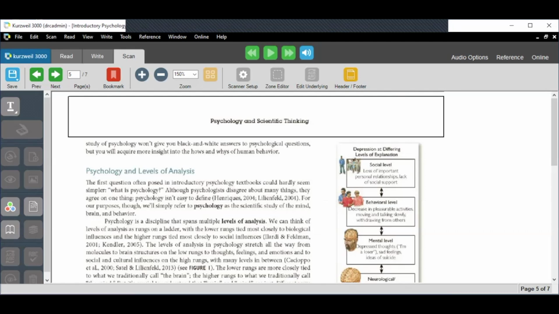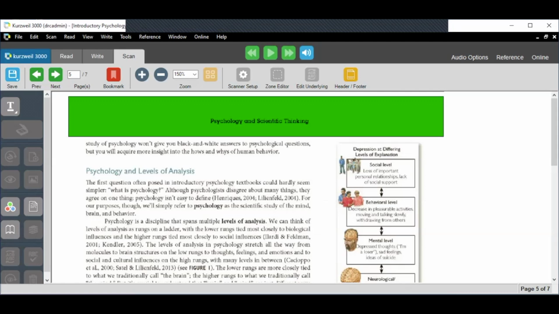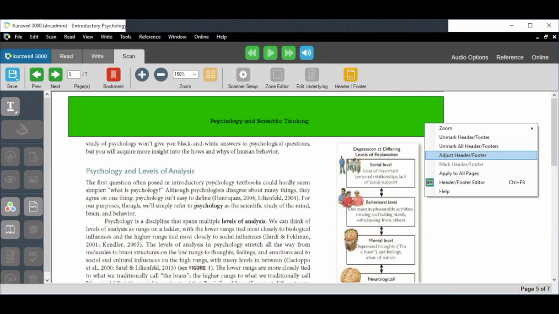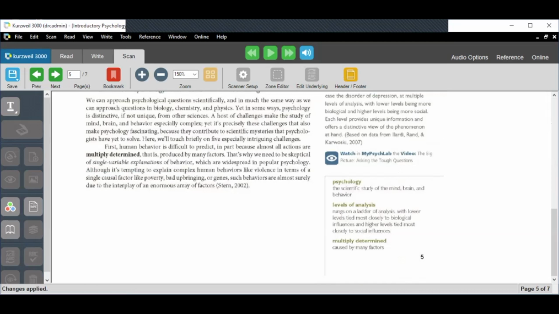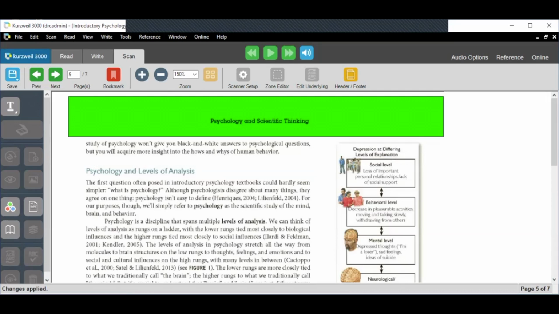Once you've selected the area and there is a boxed in area, you'll want to left click outside of this frame so that it turns green. That means that the area is now selected. At this point, you'll want to right click inside of the green area and then select the option Apply to All Pages. This means that this specific area is going to be marked as a header or footer on every single page. If you have a footer on your document, this particular one doesn't, you'll want to follow the same process for it to mark your footers.